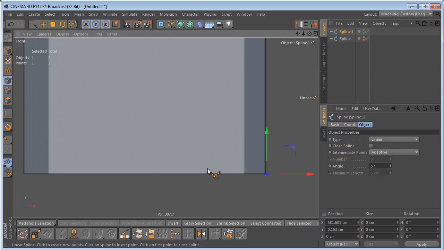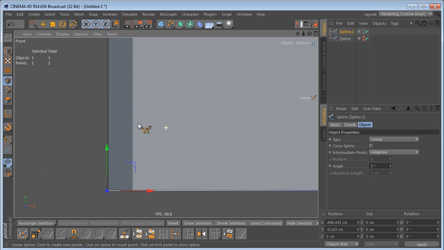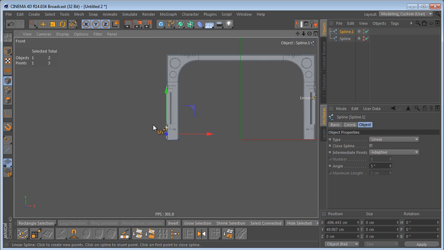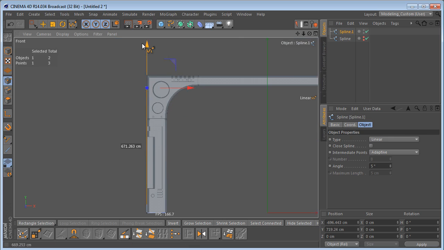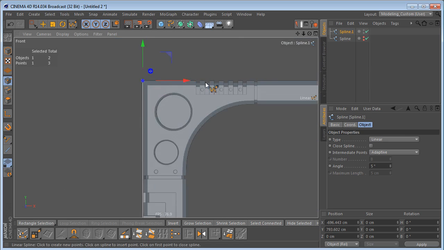The way Quick Extrude works is you hold down the Control key, left click and drag on the x-axis in this case to create a new point that is lined up with the previous one. So I'm just going to slide this one over, line it up with the edge over here. And then we can use Quick Extrude again, hold down the Control key, left click and drag on the y-axis to create a new point that is lined up with this one on the x-axis. And now we can go ahead and move this point up to the top of the frame here